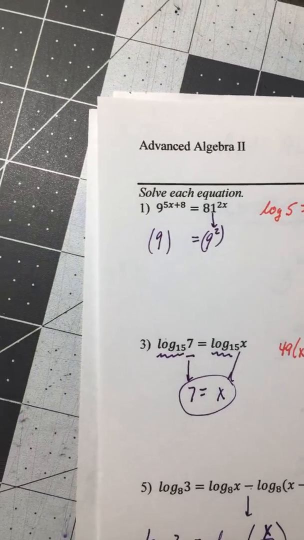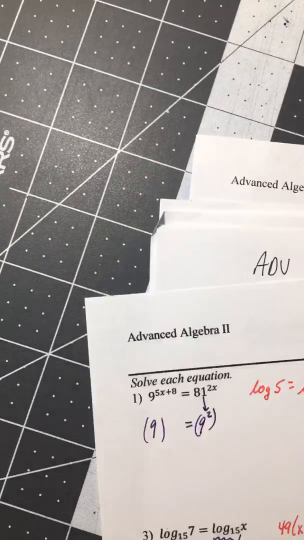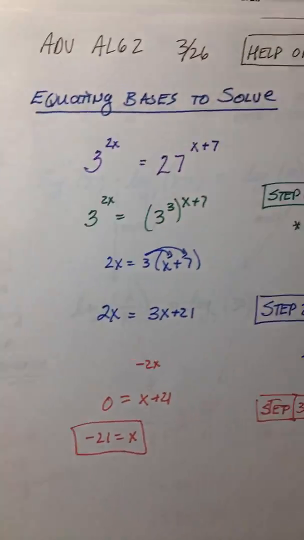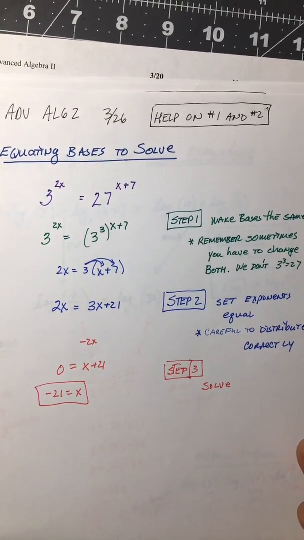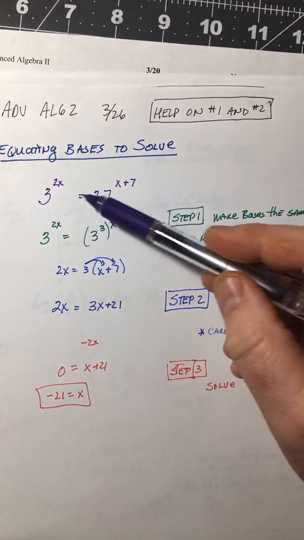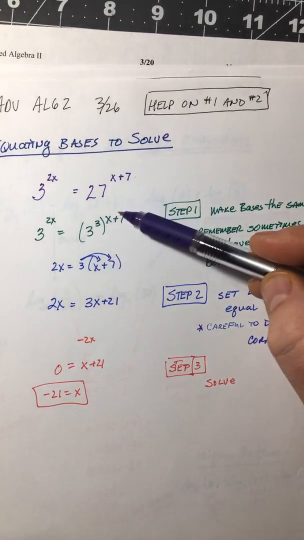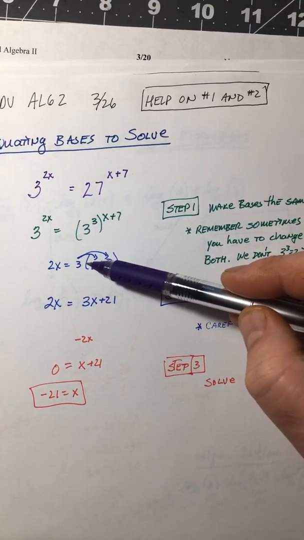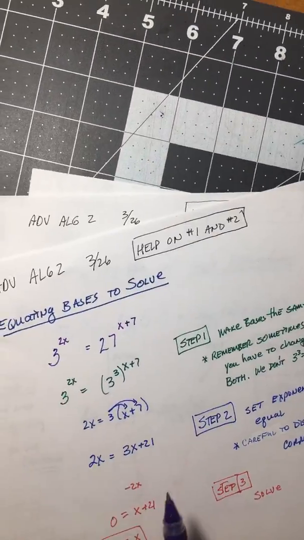But if you look on, well, first off, I had a picture posted with today, and that was picture 1, and it's got an example where you get the base is the same. You change this 27 to 3 cubed, and then you drop down your exponents, which is exactly what you'll do on number 1. Also, you might want to go back to